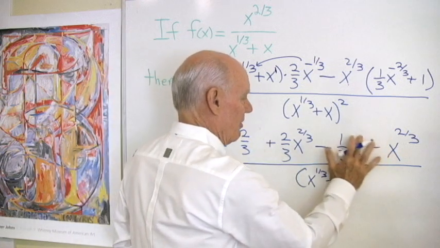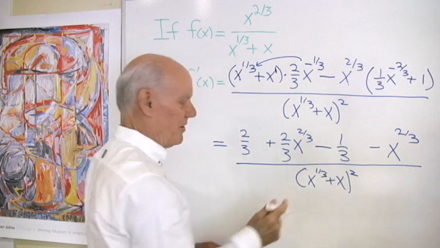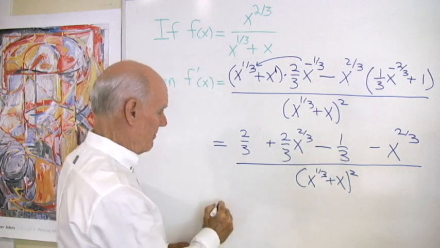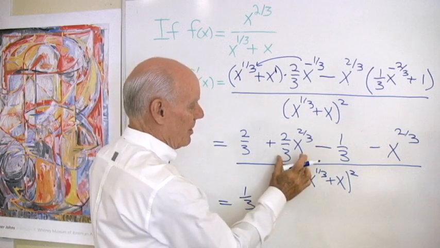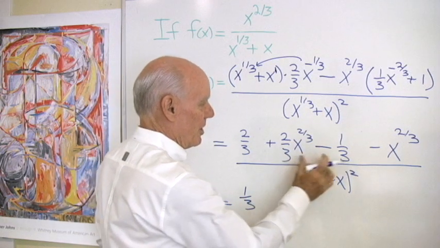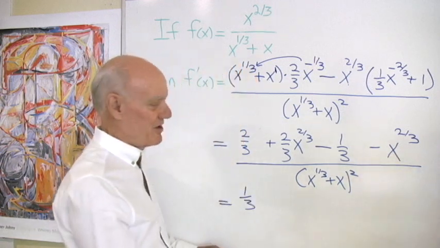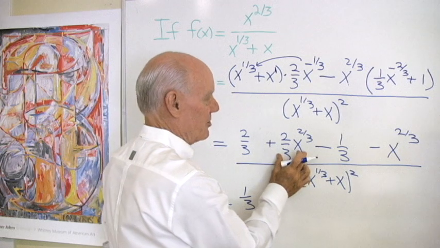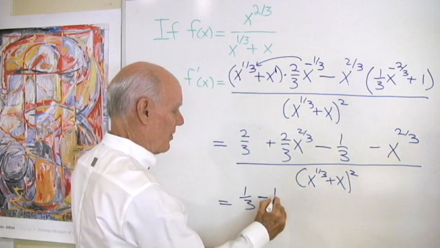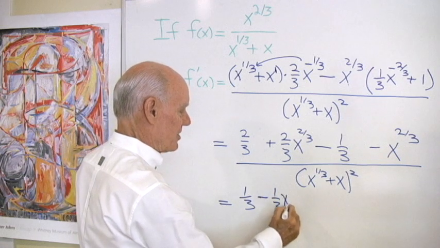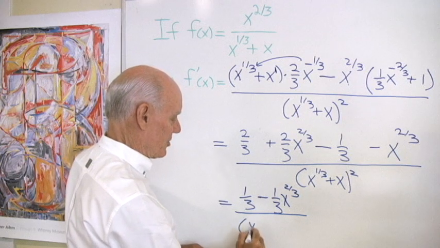So I have 2/3 subtract 1/3, 1/3. And here I have 2/3 x to the 2/3 minus 1 x to the 2/3. So that is going to be minus 1/3 x to the 2/3, all divided by x to the 1/3